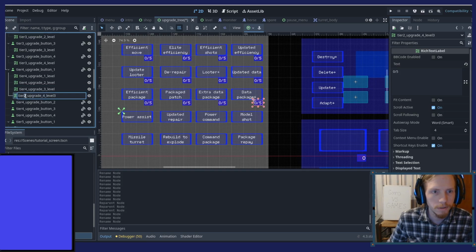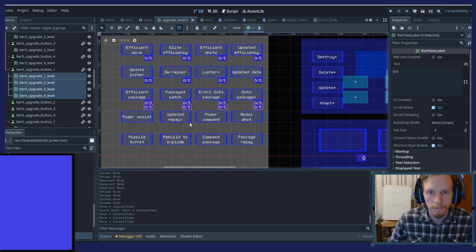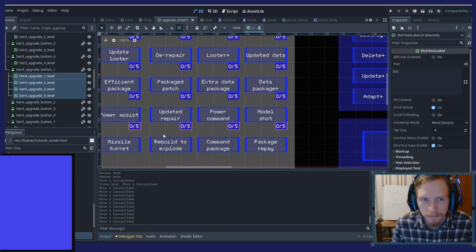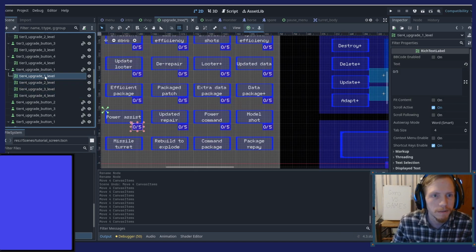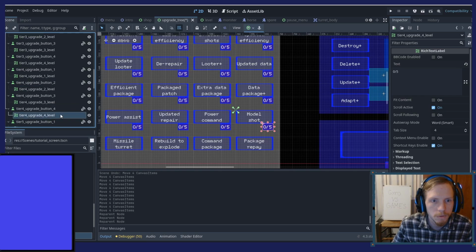Oh shoot, I didn't move them. Okay, this is fine. This stays here, this goes here, this goes here, and this one goes over here.